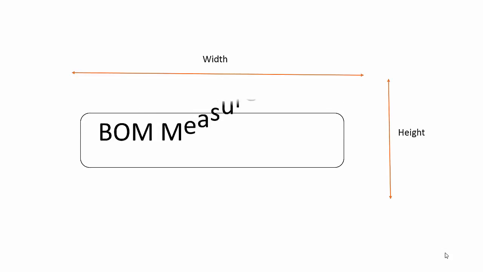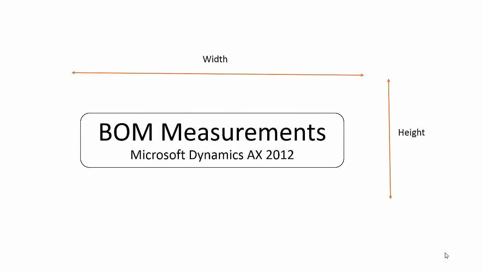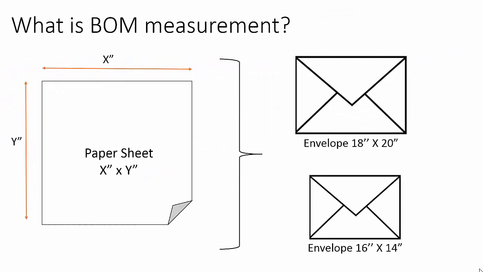Hi, in this session we will review how to use the BOM measurement functionality in Microsoft Dynamics AX 2012. First of all, let us understand what BOM measurement is. We can use measurement configurations to reduce the number of BOM versions. This means that the user only needs to create one BOM version for a group of items that vary in their